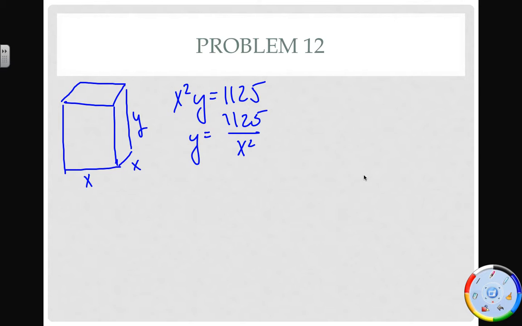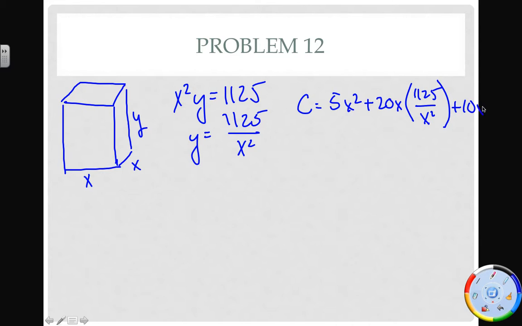All right, so we're going to take that c equation that you have there, and we're going to find c prime. Actually, we're going to look not at c prime first. We're going to actually look at c itself. And we're going to substitute the y value that we just found here because we can't do it without the y value. All right, so we get 5x squared plus 20x times y, which is actually 1125 over x squared,